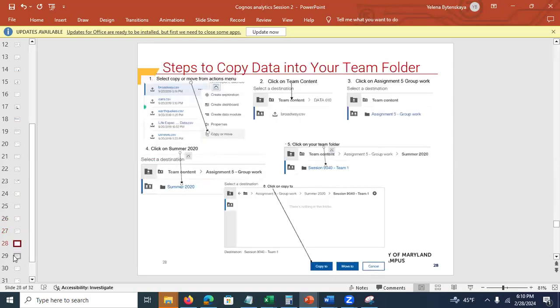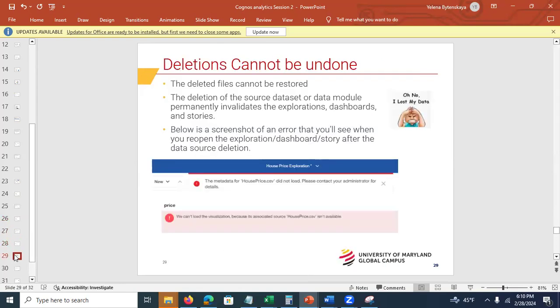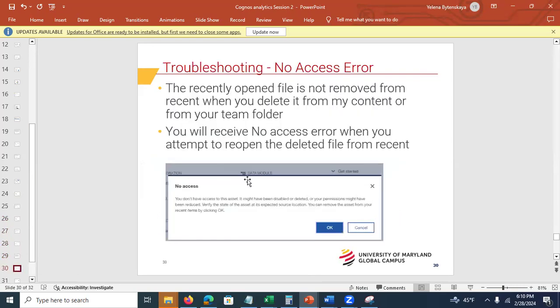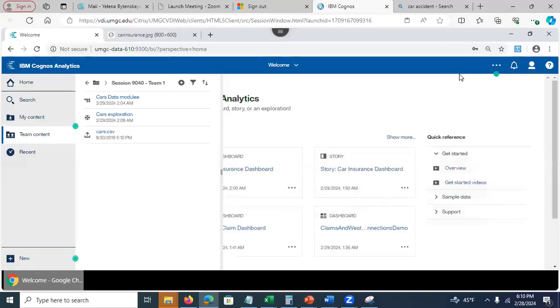Those are the steps to copy the files. Deletions cannot be undone, remember? So poor guy. Oh, and another thing I can show you, since I'm logged into Zoom, what you have